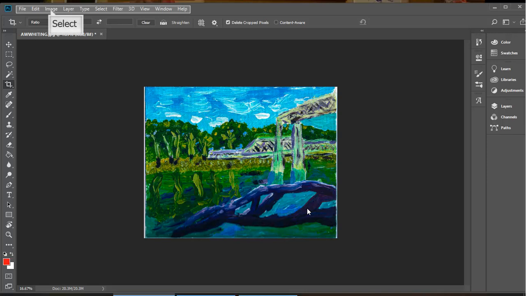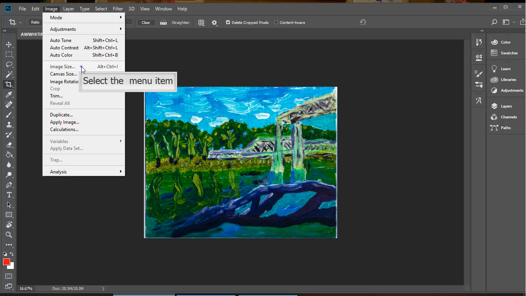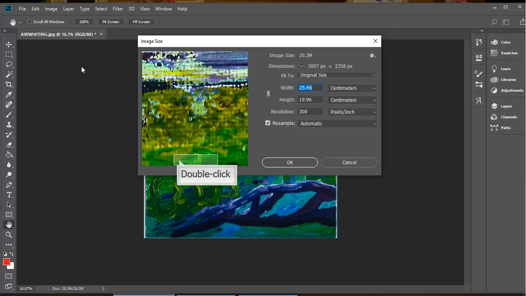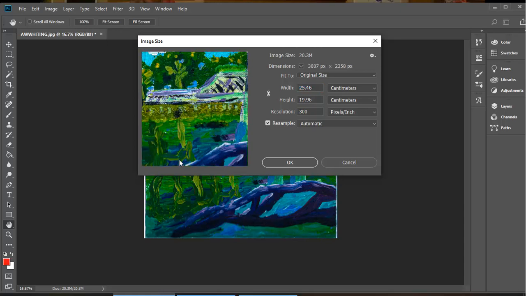Now I'm going to just check its image size. Alt Control I. And I'm happy with that. That's the actual size. That's how big it is. So